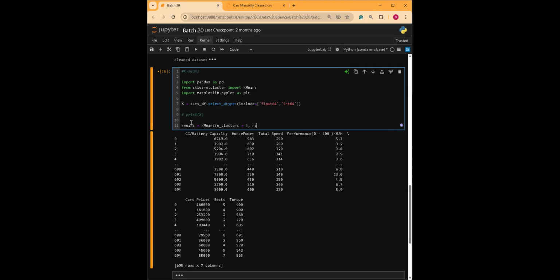And then random_state is 42. All right. So the random state, like before when we used this one, is to make sure that the data will be